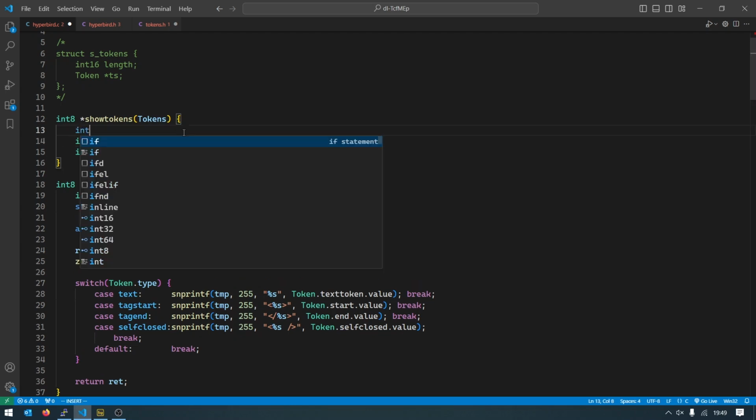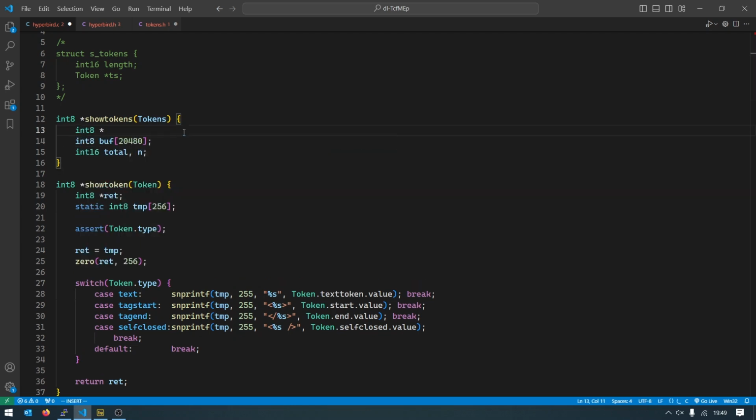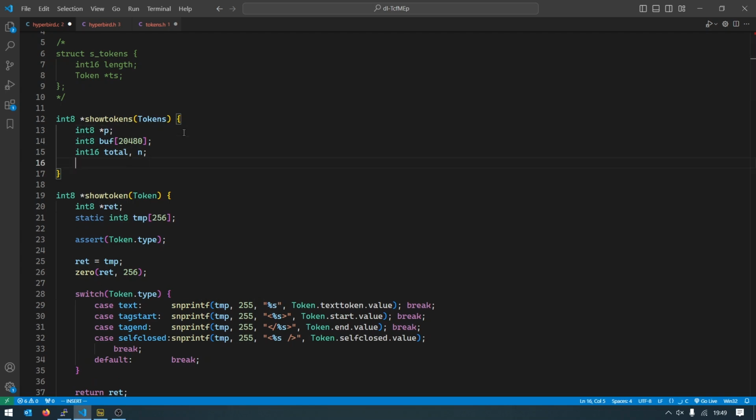Let's also create the pointer p, and we also need to have a token pointer t,